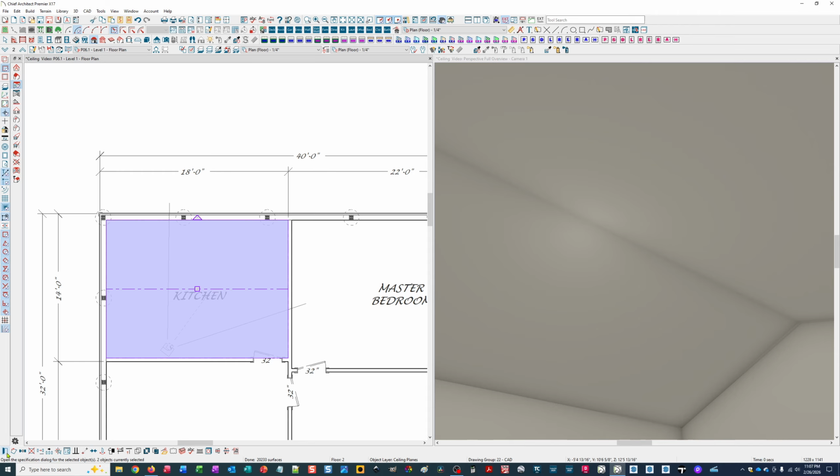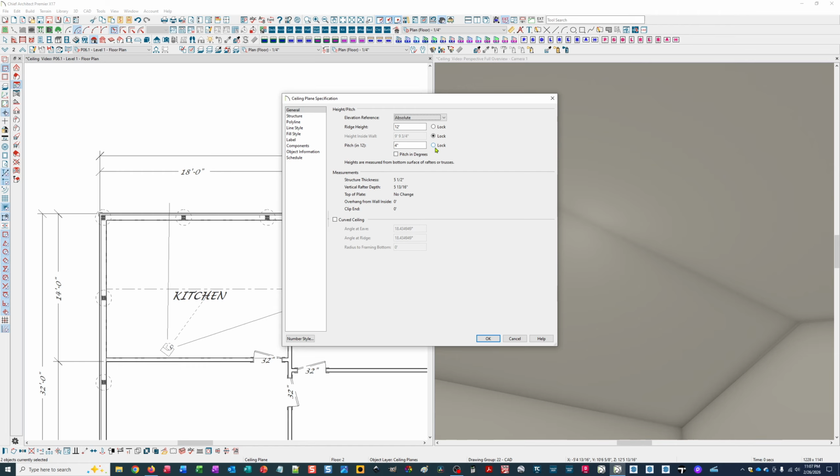Now, while those are still selected, I'm going to reopen the ceiling plane specification dialog box. And this time, I'm going to lock the ridge height because my ridge height is now at 12 foot, which is what I want. And by locking that, I can adjust my roof pitch, or ceiling pitch, I should say, in this case, to whatever I want, and Chief will keep the ceiling height at the ridge that I specified earlier. And so for this demonstration, I'm just going to use a roof pitch of 8 and 12,